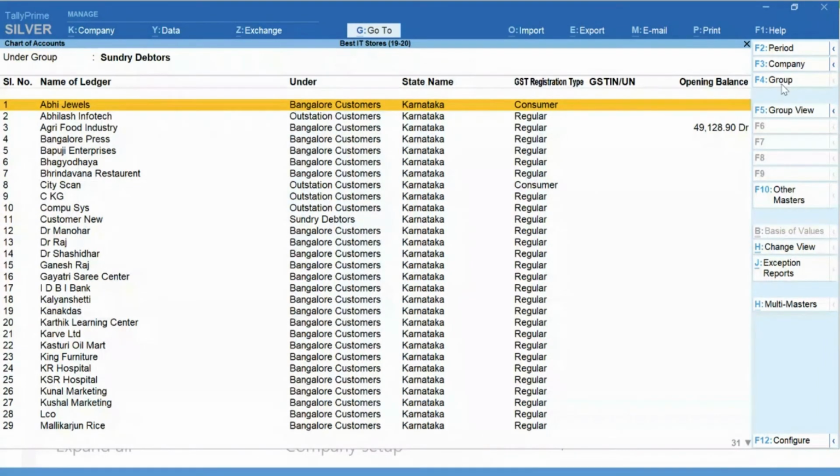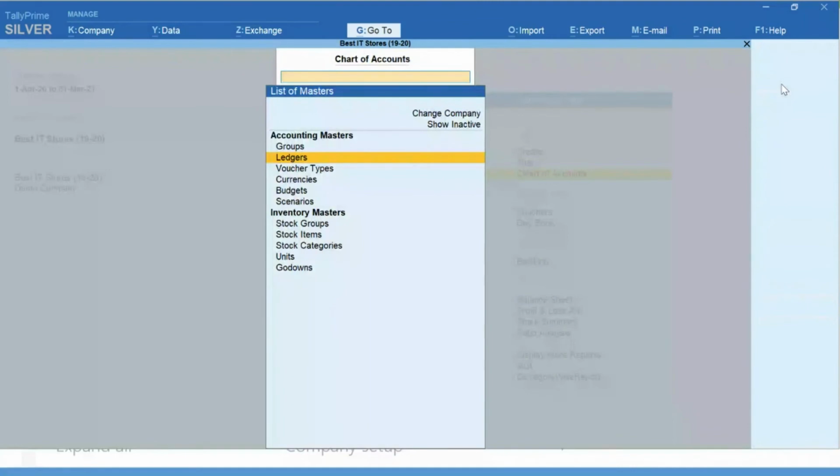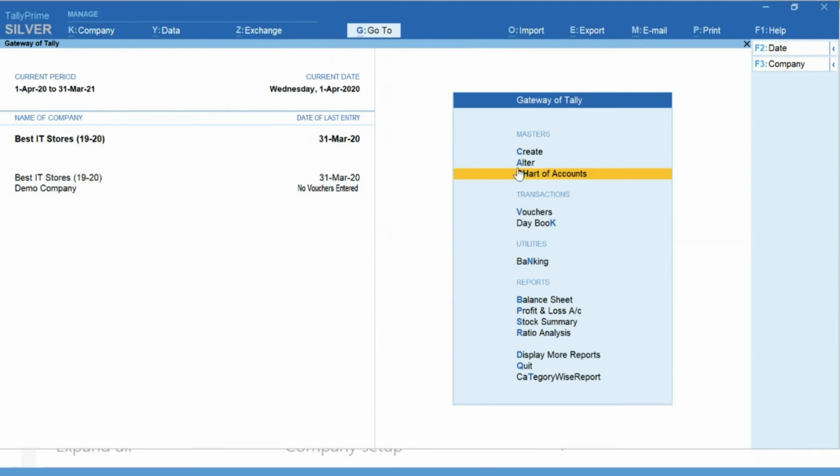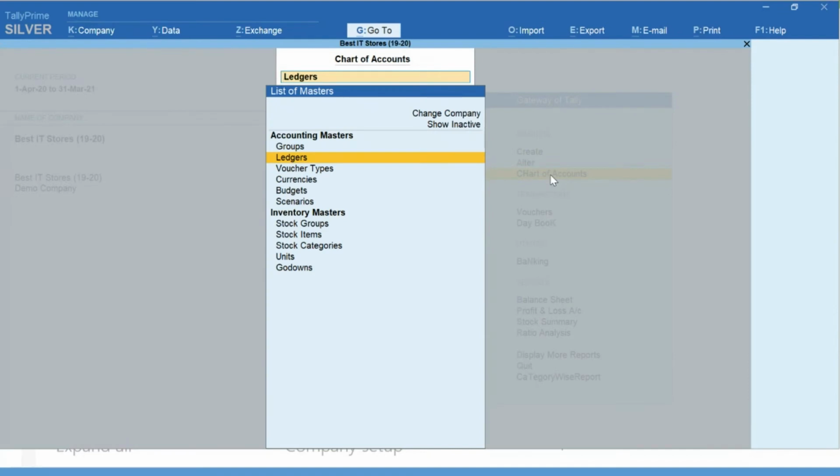So this is basically how it is going to help. These are the questions which come to the user's mind while operating with Tally Prime, or even the earlier version. They would have created multiple masters, but they would like to go and see. So the chart of accounts is where they can go and see everything they have done with respect to the master creation.